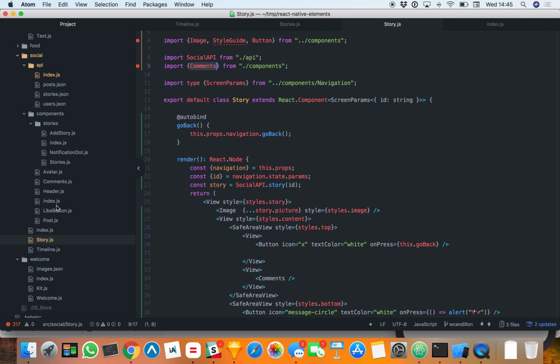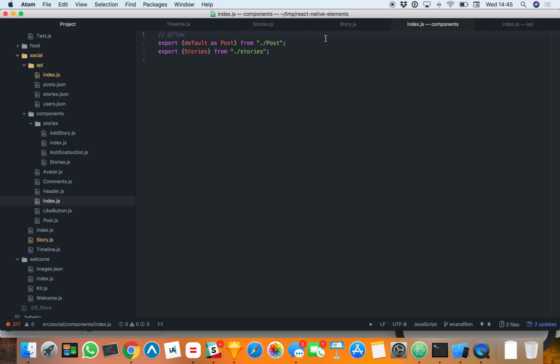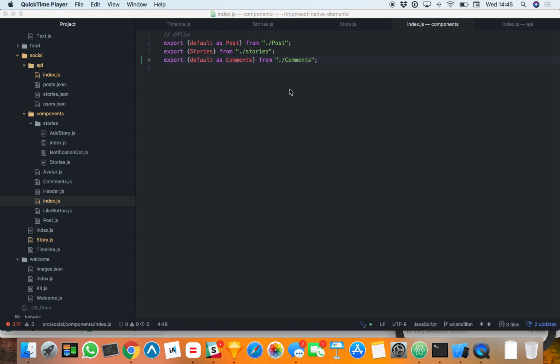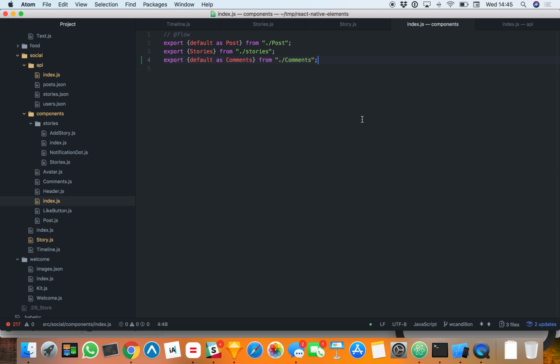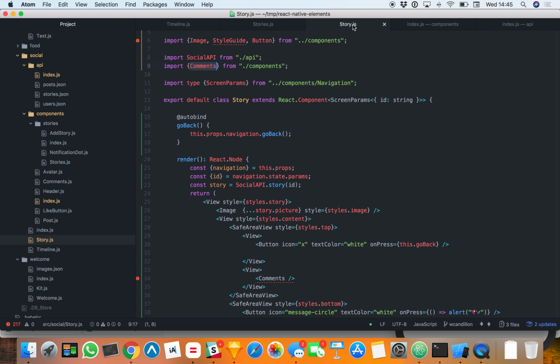I think maybe I need to export it. Yes. So export default as comments from comments. So what parameter does it need? Comments. List of comments as a string. Okay, so